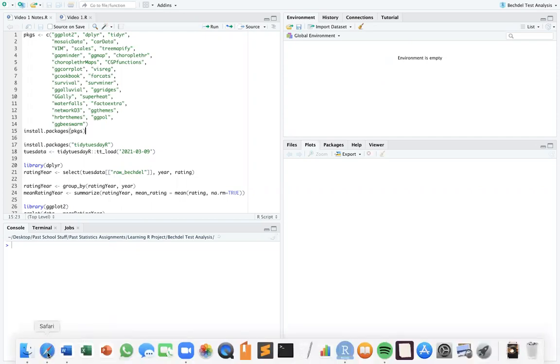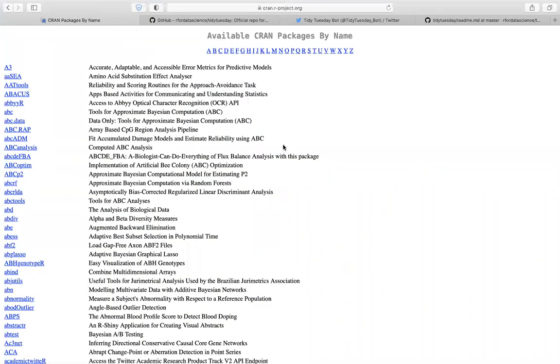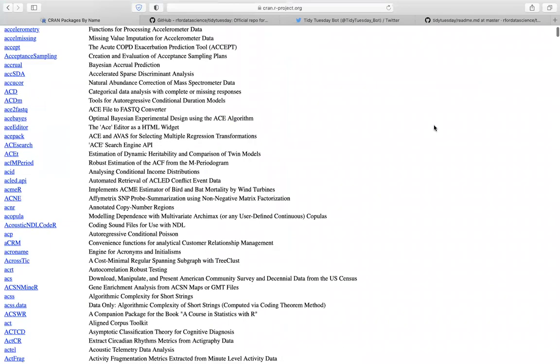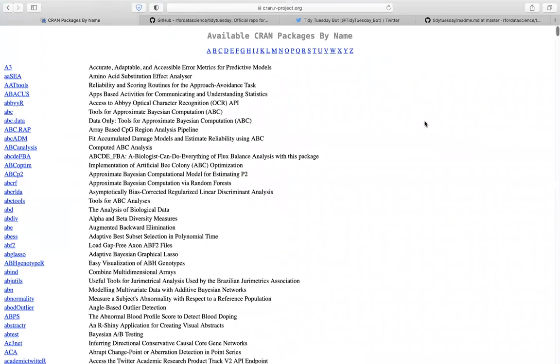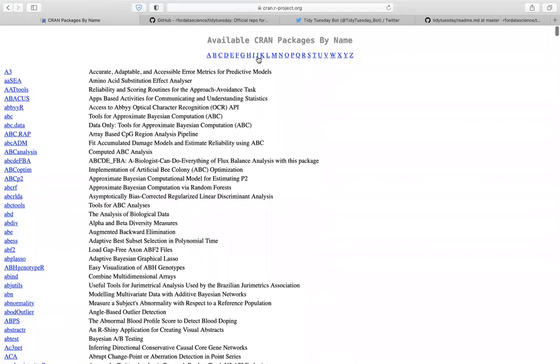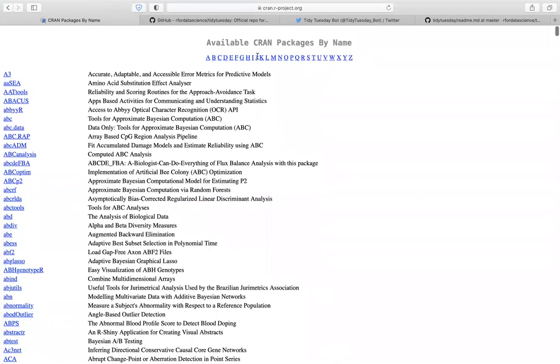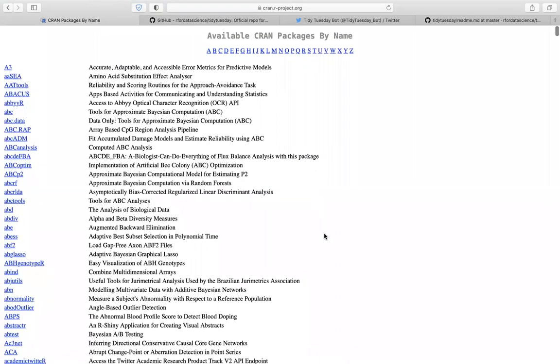So without further ado, I'm going to be first looking at this, it's not little actually, this is a huge list of all of the packages in R that you can install. These are all free. They're really easy to install. You don't even need to go here and look for them. I'll show this later, but you just go into R itself and you can install any of these. And this repository is called CRAN, which stands for Comprehensive R Archive Network. And as you can see,